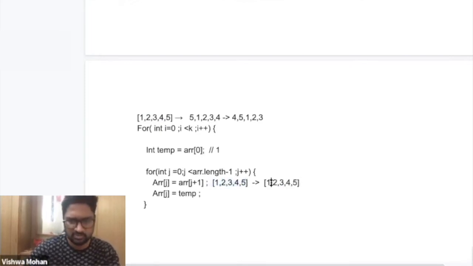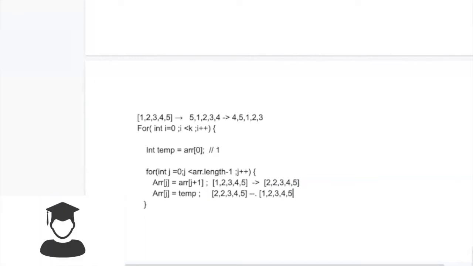So position 0 will also become 2. And then again when you do this, it will convert back, so now the array is back to 1, 2, 3, 4, 5.